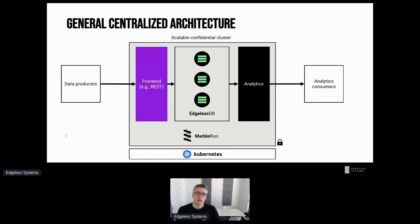away that data. So with EdgelessDB, confidential computing, and the other tooling we're building at Edgeless Systems, for example Marble, you can now build end-to-end verifiable systems that can be used to address both of these needs. The left-hand side doesn't want to give away the data, and the right-hand side wants to get some insights about